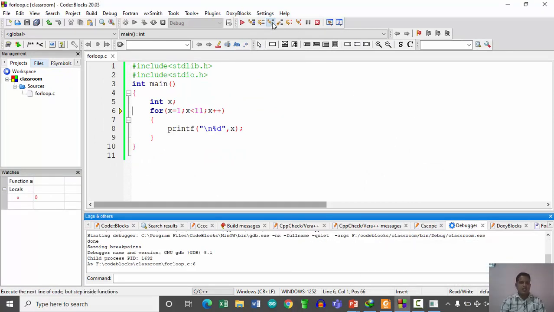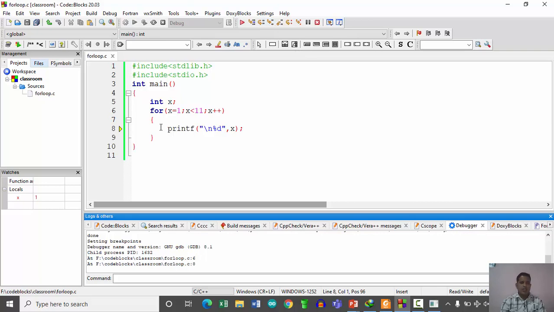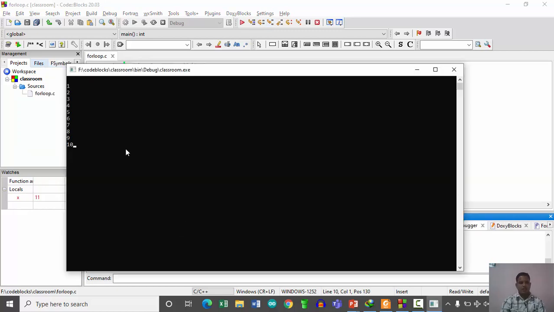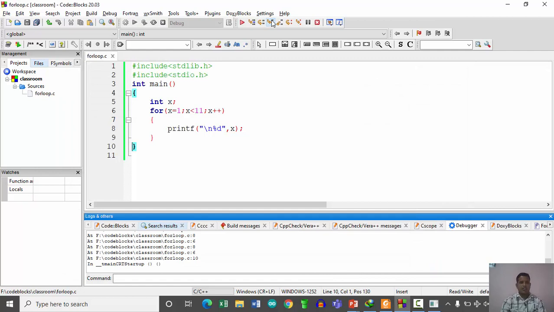Okay, so let us check this. Initially the value of x is 1, which is the assigned value, right? So it will again go for it. Now the value of x is 2, it gets checked in this way. So continuously we are getting these values, and now the value of x is 10. So 10 is displayed, and now it comes out of the loop. So in this way this loop control statement basically works. At the output side I am getting the values from 1 to 10, right?